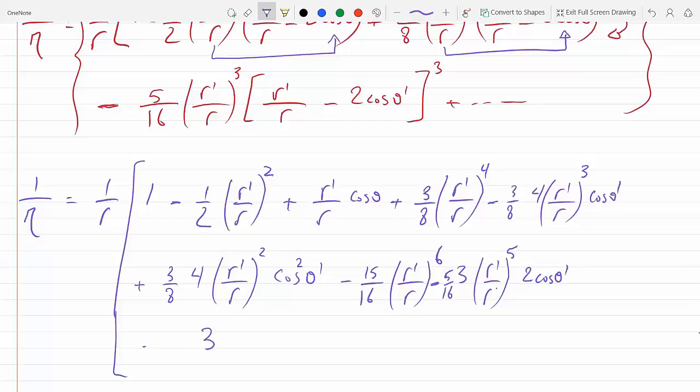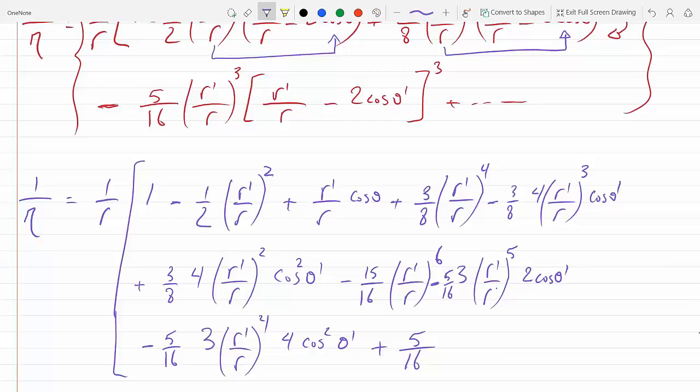So we have a minus 5 over 16, 3 times the first, which is r prime over r, but we have 3 outside, so this becomes to the 4, times the second square, so that's 4 cosine squared theta prime, minus the last square, minus, so this becomes plus 5 over 16, and then cube, 2 minus 2, so 2 cube will be,